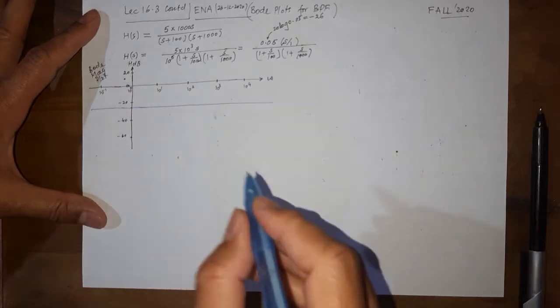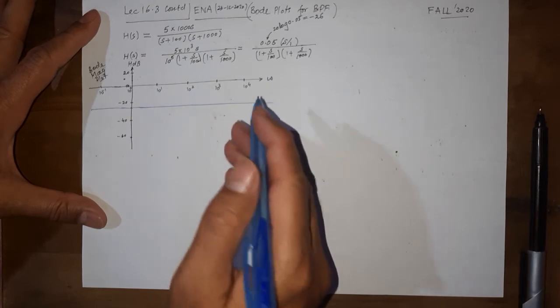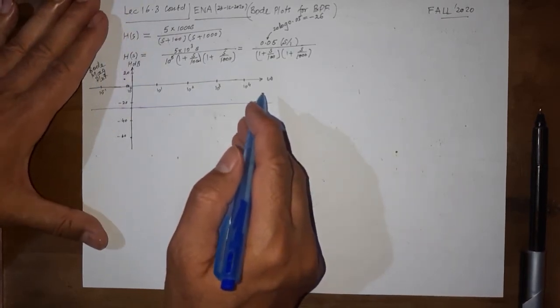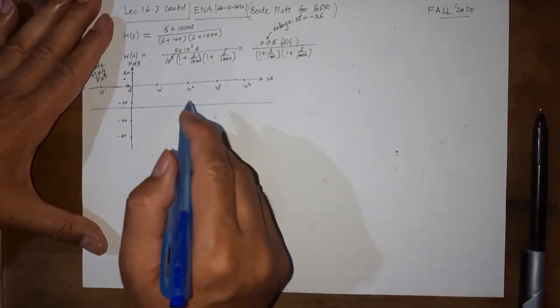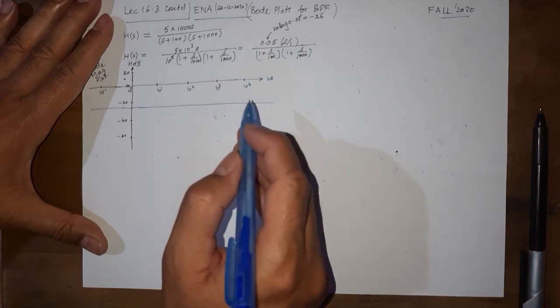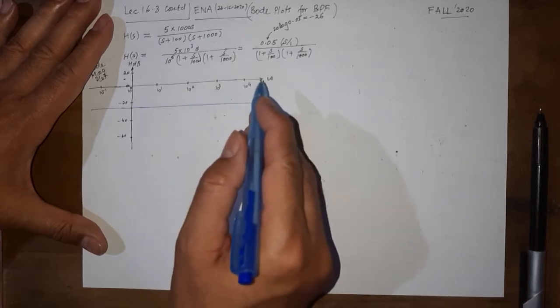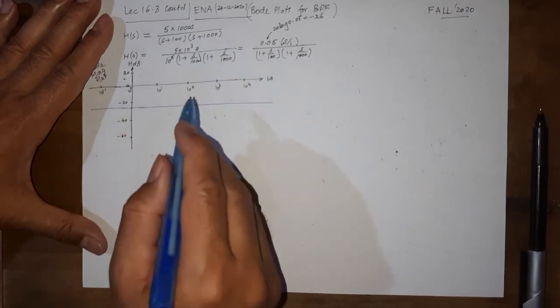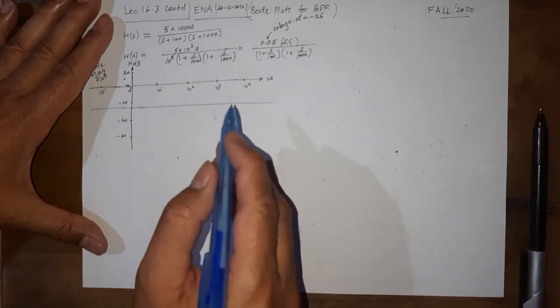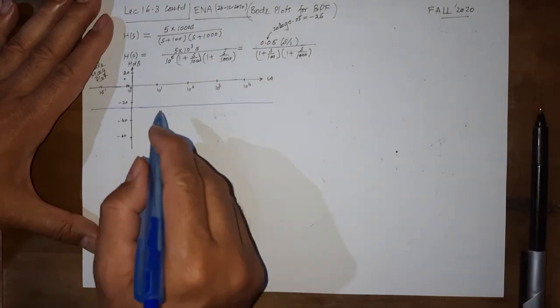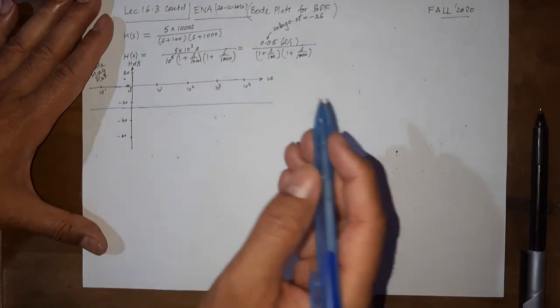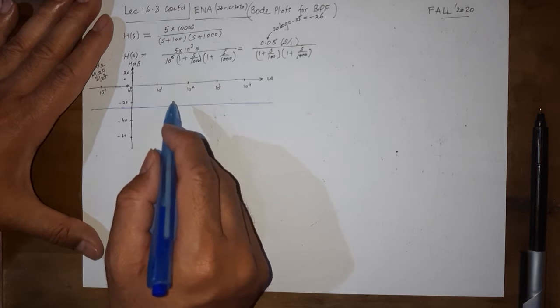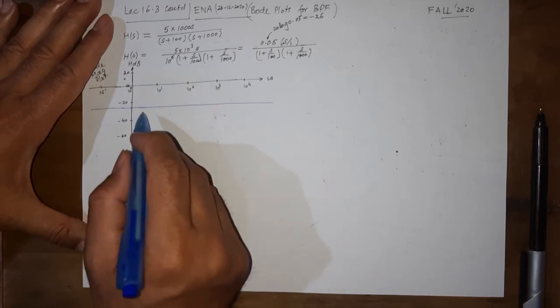I'm not using the graph paper, so it is quite approximate, although I am trying to make it as good as possible. But once again, I will share the semilog paper so that you can have a fair idea of what the semilog paper looks like. And in the exam you will be provided with the semilog paper, so you would have to use that. I will, inshallah, give you a video, at least one video, and some PDFs to see how I have drawn a few of the transfer functions.